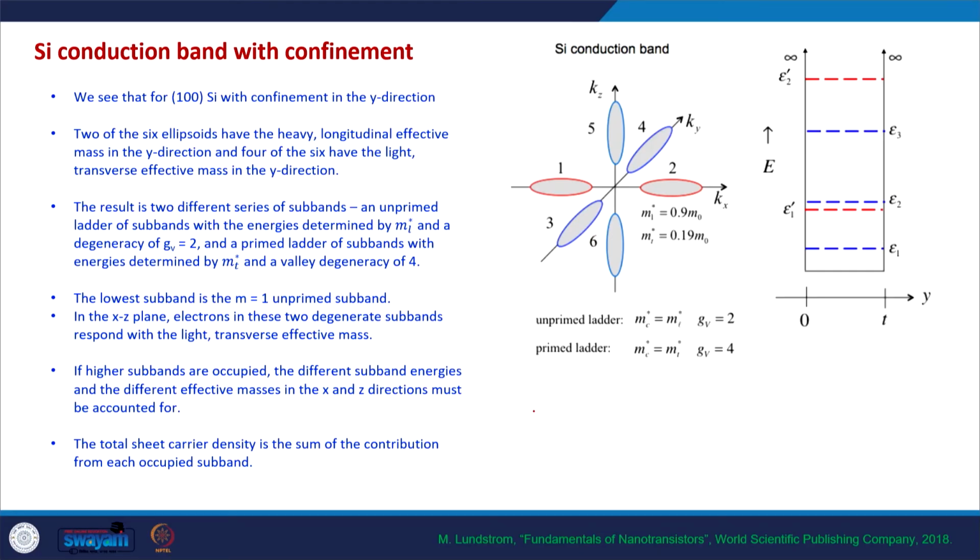In bulk silicon, generally what happens is electrons are free to move in any direction. So, the total conductivity of the electron is the average of all the conductivities, and that is why the net effective mass is the average, since conductivity is inversely proportional to the effective mass. So, if in bulk silicon we try to calculate the conductivity effective mass, it will be given by the average of the